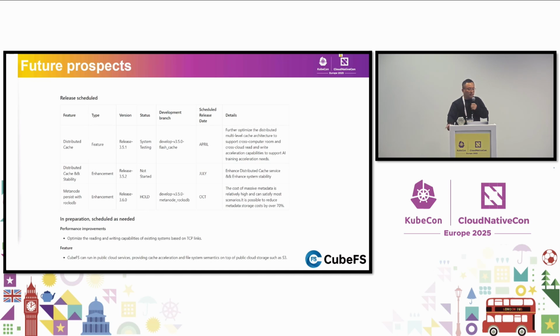The first one is release 3.5.1, which mainly focuses on the distributed cache, and was mentioned a lot in today's speech. But this is not the final version. There will be an enhanced version, 3.5.2, as the second phase of the distributed cache. At the same time, the version will be a stability-enhanced version,